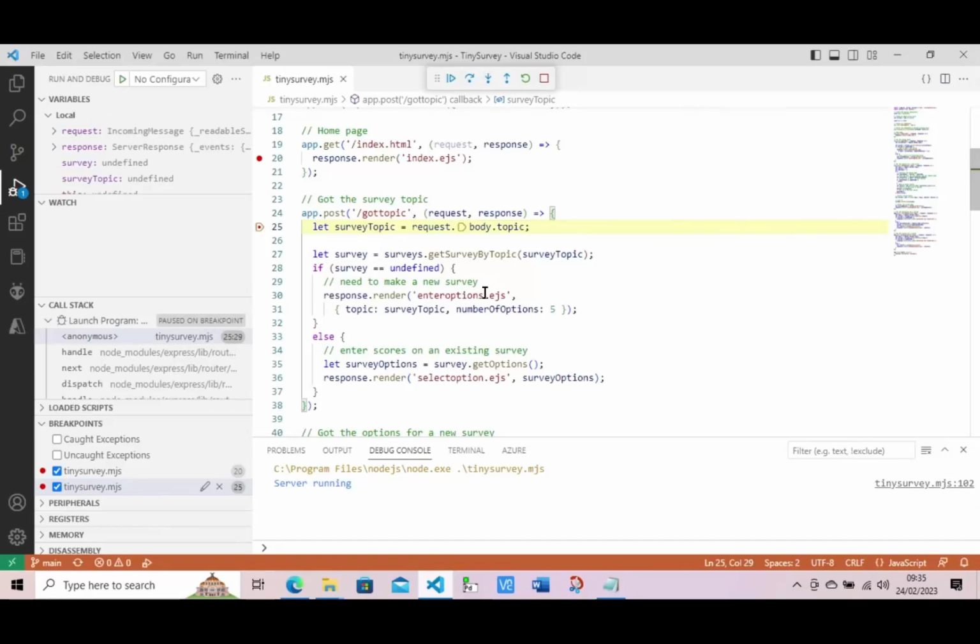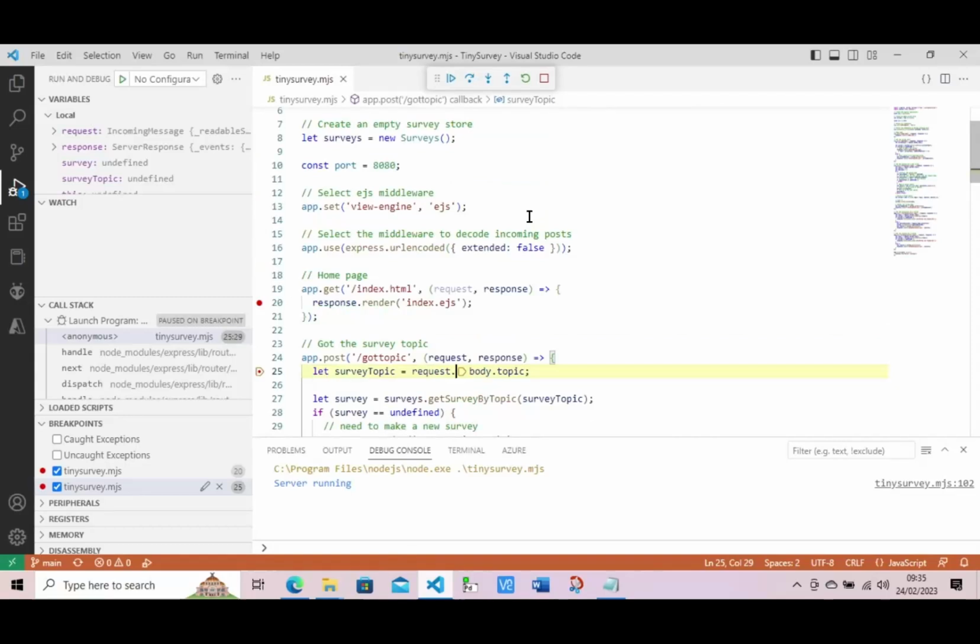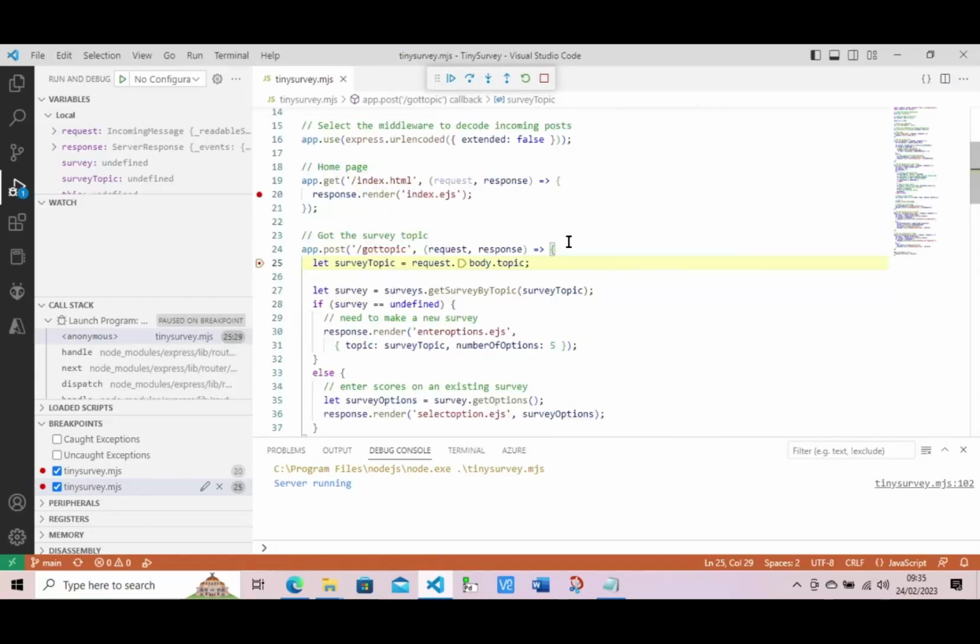Now, what happens is that I've got a post to the got topic address, and on the end of that body is actually the topic information which is put there in the post. Because I've got this piece of middleware which decodes these things for me, which is running up here, I can actually see body.topic. If I just step along a bit, survey topic will contain Rob's Pizza, because that's what was typed into the